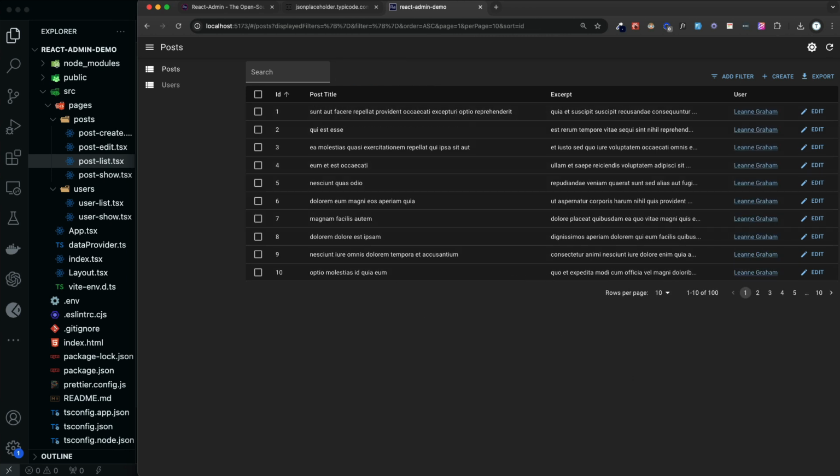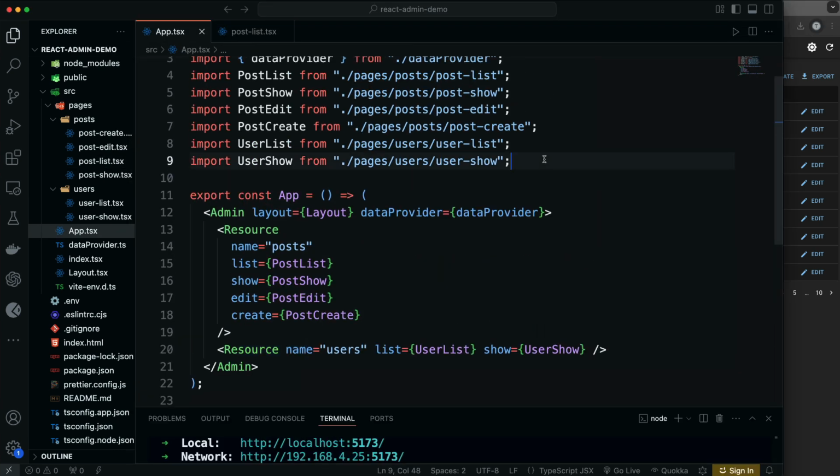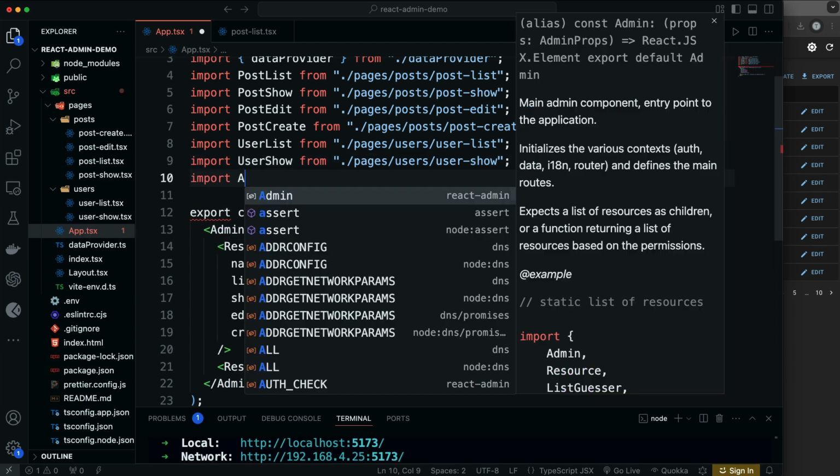All right, so as simple as that to have search and filters. Now, another small thing I'd like to change is the icons, right? The post and users icons here are the same, and with React Admin you automatically have Material icons available. So in the app.tsx, I'm going to go ahead and bring in, let's say, import article